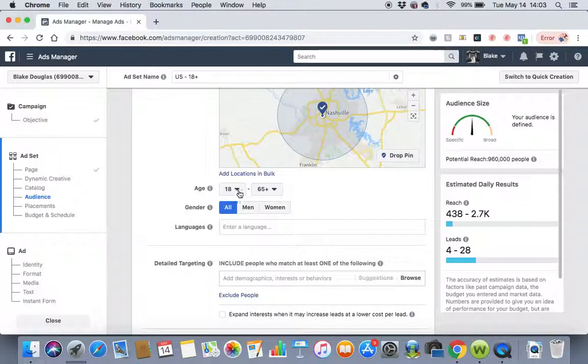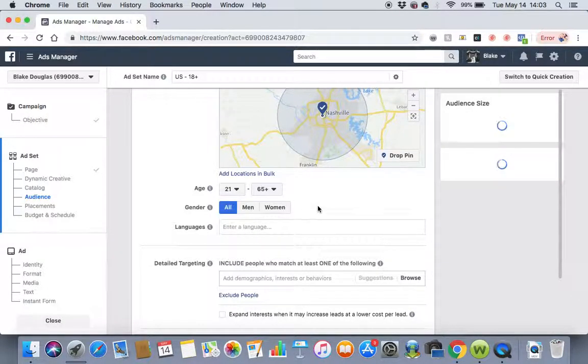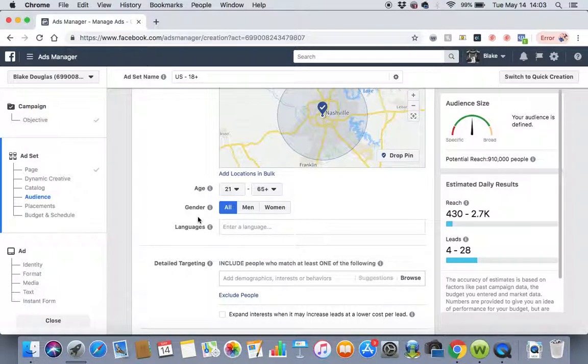So let's say we know what age group, which starting out, you're probably not going to know, guys. But if you do, you can go ahead and put whatever age group you think you are. Gender, I would always put all, unless for some reason it is a 100% female or male company. Such as like,